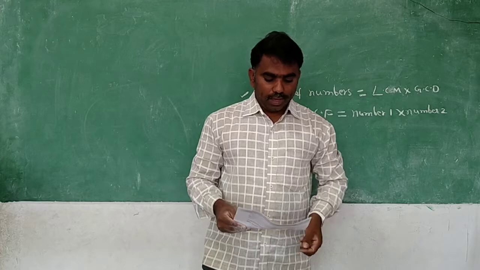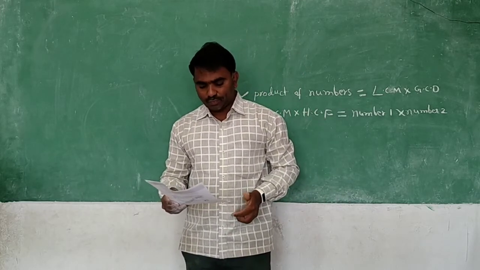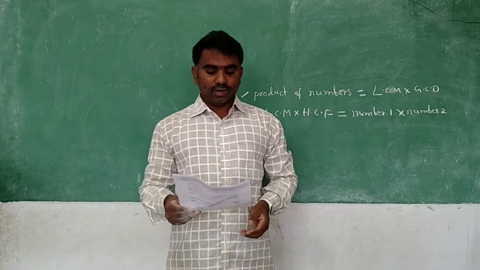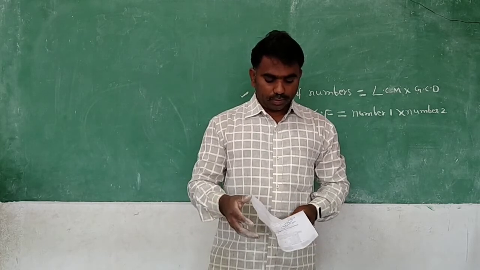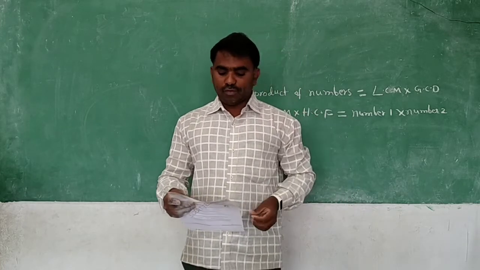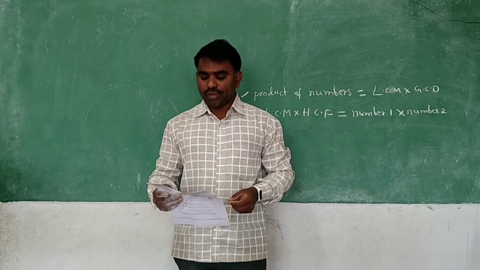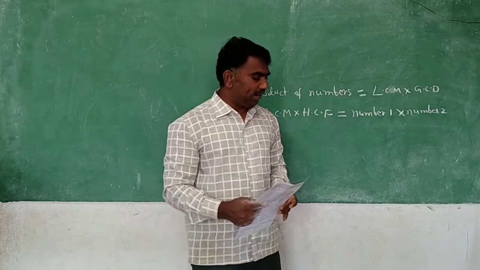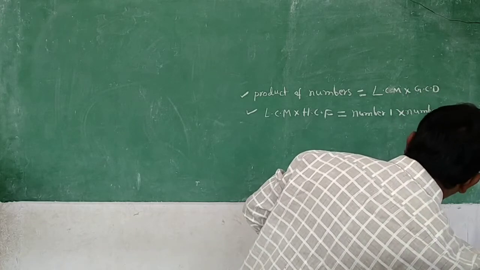Then I am going to give one example to you. This is on page number 42, Example 7, just above 3.6 you can see that. Example 7: find the LCM of 8 and 12 and then find the HCF using the above relation.